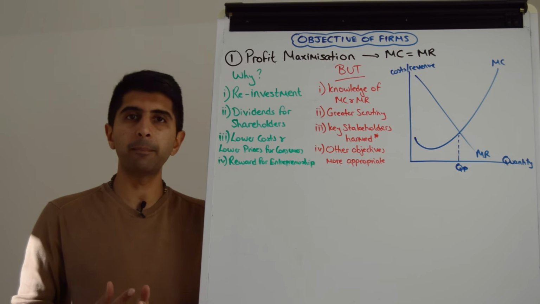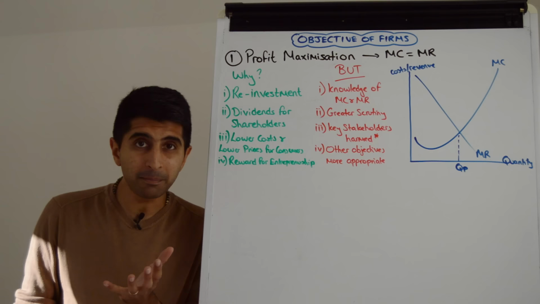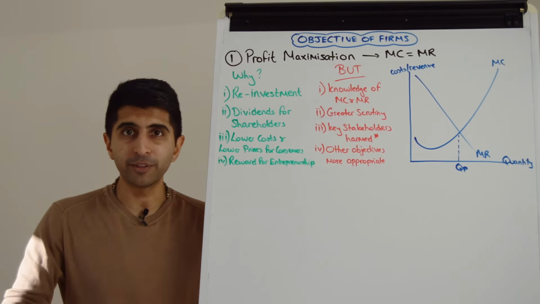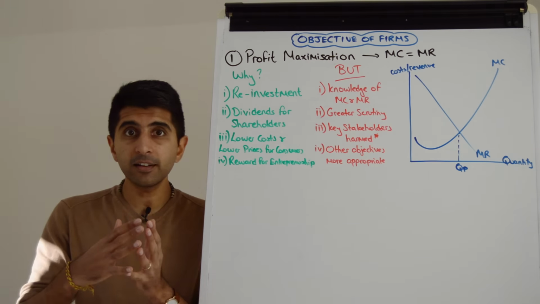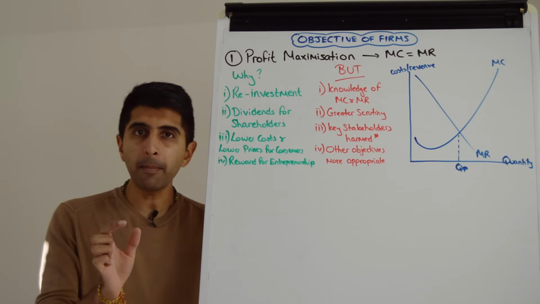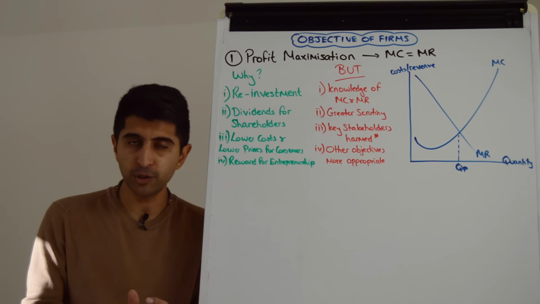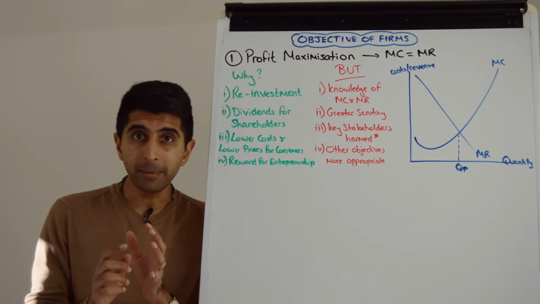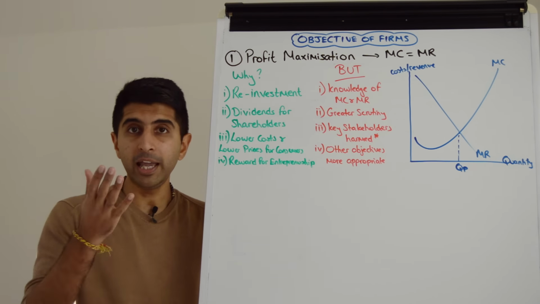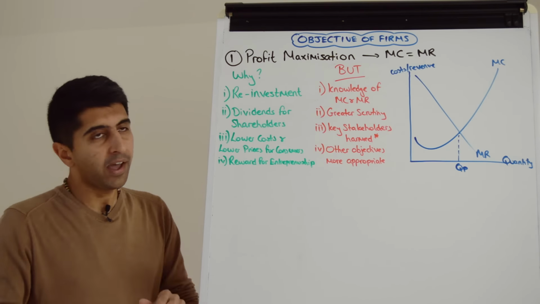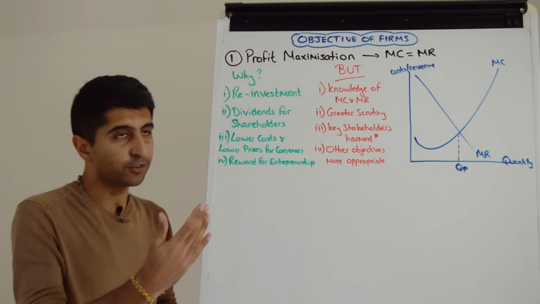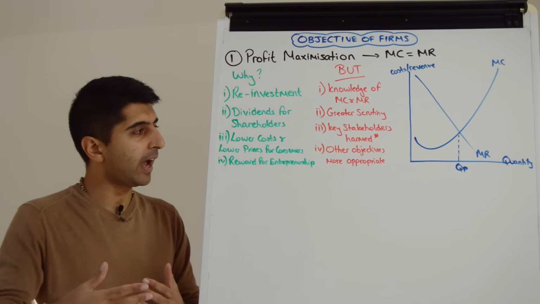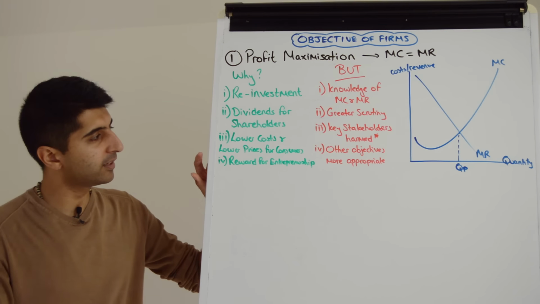Shareholders are the owners of a company. Without their finance, there wouldn't be a company. So to reward them with greater dividends. Dividends is a share of the profit. Another reason is to allow for lower costs. If you remember, the profit equation is total revenue minus total costs. So a business might be keeping costs very low in order to keep their profits very high, and therefore can pass on those lower costs to consumers via lower prices. Thus consumers benefit and the business benefits as a result if their market share increases.